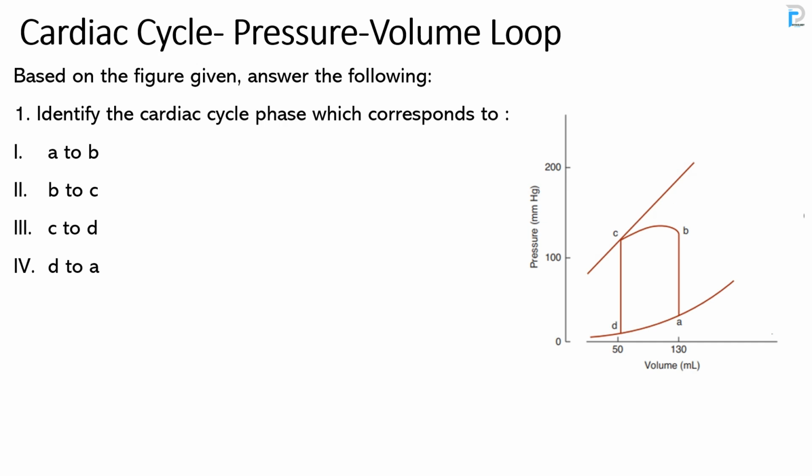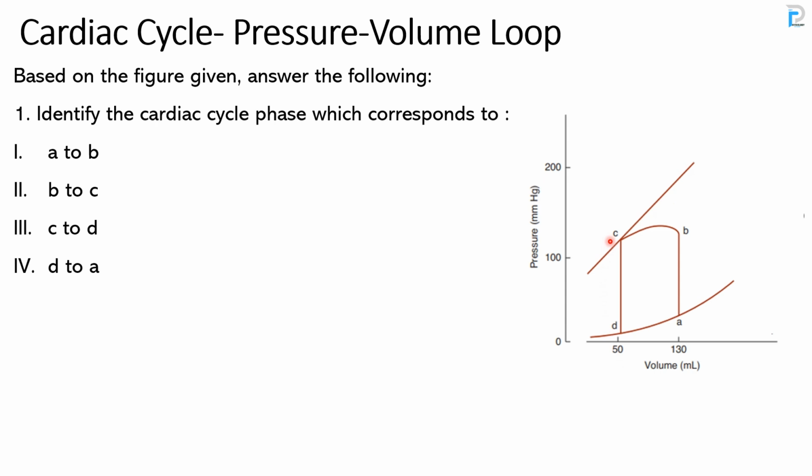Welcome to this quiz on the pressure volume loop. The pressure volume loop is a graphical representation of the pressure and volume changes within the ventricle during the cardiac cycle. During contraction, the pressure increases, and during relaxation, the volume increases, and this is presented in that graph. So for the pressure volume loop, this graph represents what changes happen in the left ventricle,